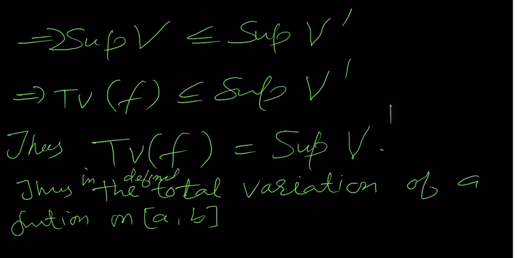Thus in the definition of total variation of a function on ab, the supremum in that definition, because total variation is actually the supremum,